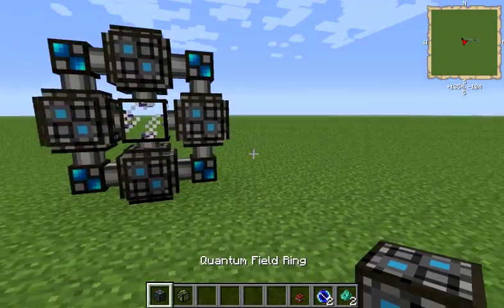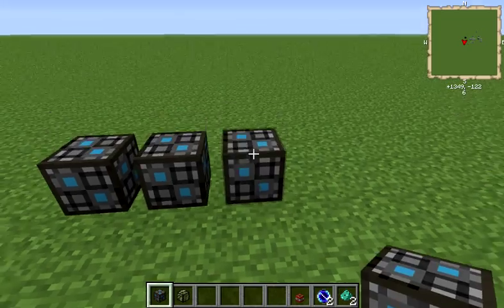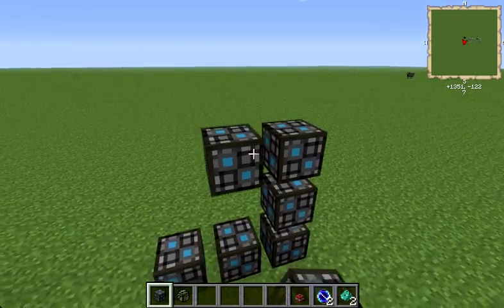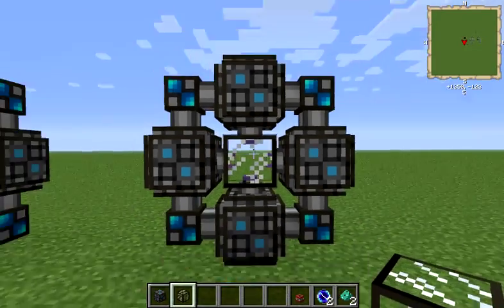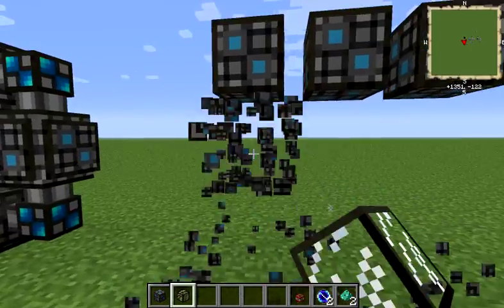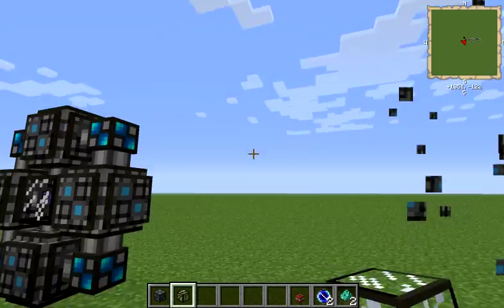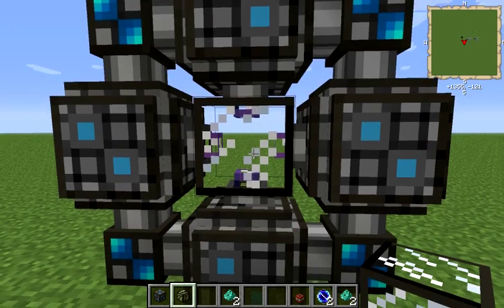To make this multi-block structure, you start off with 9 quantum field rings, and these just go in a ring, oddly enough. And in the center you put a quantum link chamber, and that will transform into the multi-block structure. Once you have that put together, you have to open up the ME quantum link chamber and put an entangled